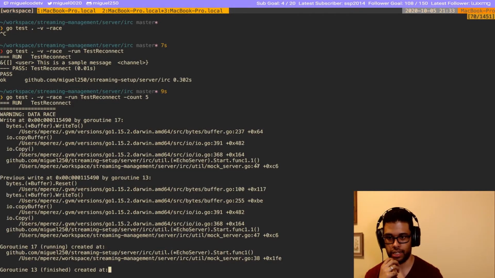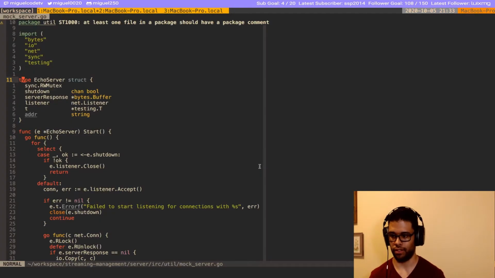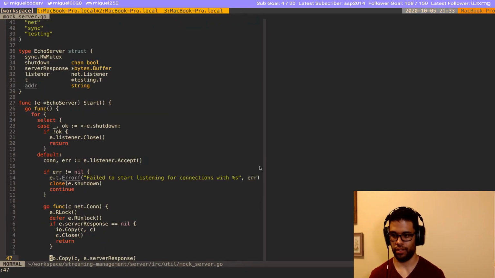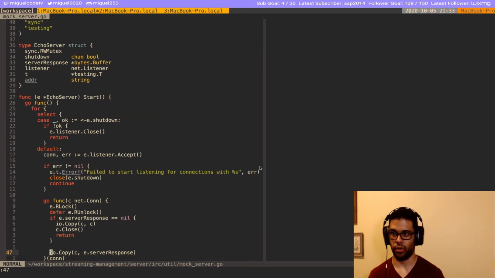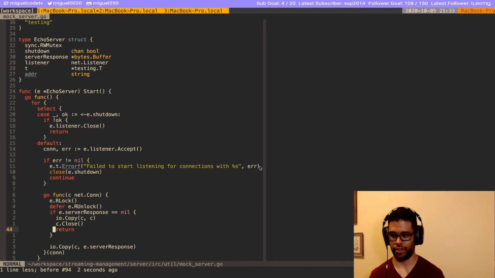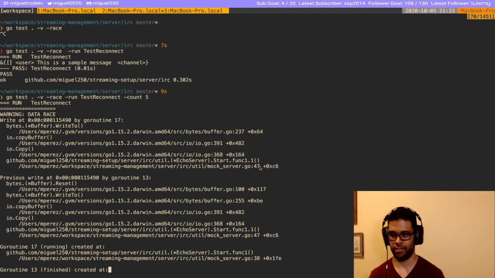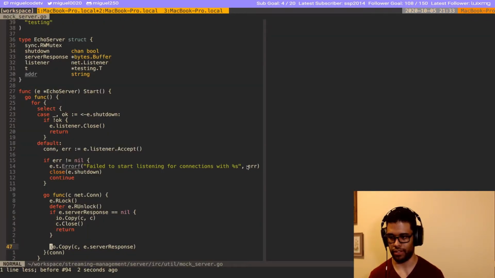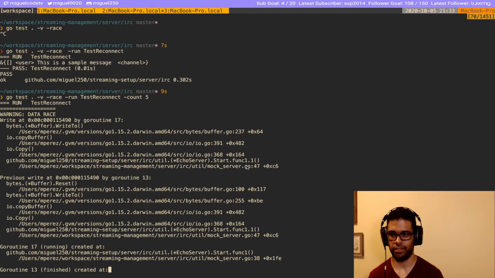So line 47. Oh, yeah, that would do it. So, oh, I'm taking a read lock. Wait, what is happening? So line 47 is the one writing. So this is line 47. Reading. Wait, it's supposed to be reading.